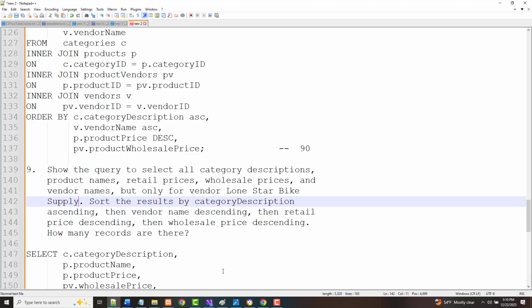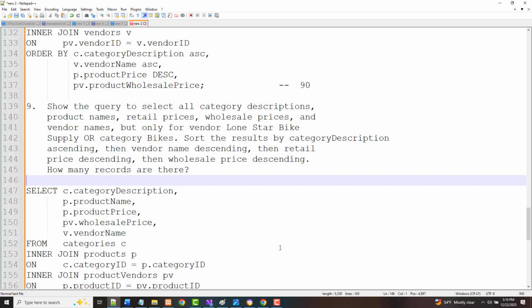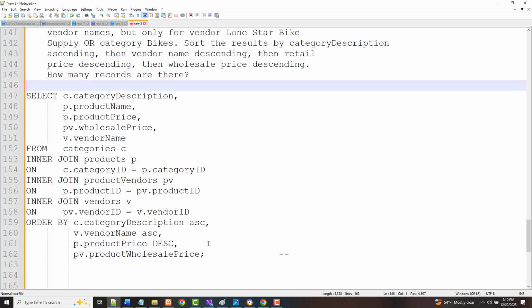Or category bikes. Okay, so in many ways very similar to what we just did, but before the order by, we want a